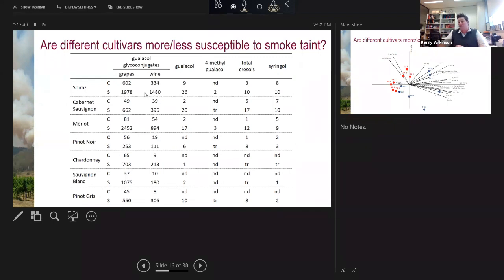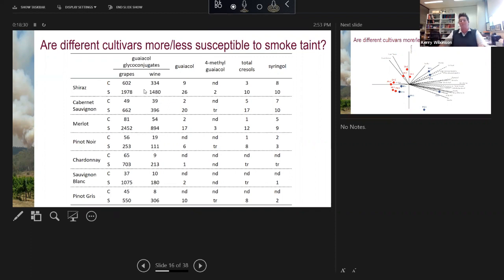And we can see that carries over to the glycoconjugate levels in the wine as well. So what was interesting is, again, our control wines had really low levels of the glycoconjugates, again, apart from the control Shiraz, but we had elevated concentrations in the wine. So that firstly tells us that not all of this glycoconjugate pool is being hydrolyzed by winemaking yeast or enzymes during fermentation, but it's also really difficult for us to look at the concentrations of glycoconjugates in grapes and predict what concentrations we might see in wine, and particularly what concentration of the volatile phenols as markers of smoke taint